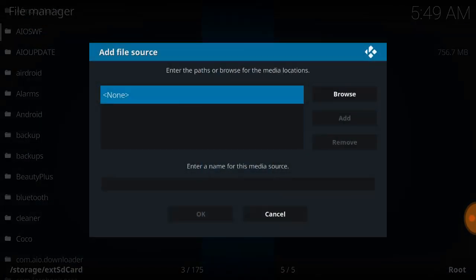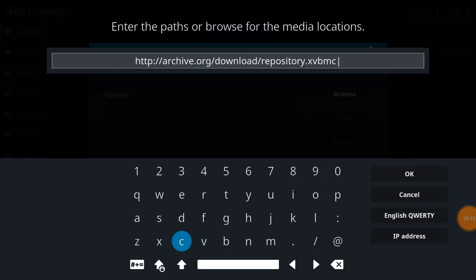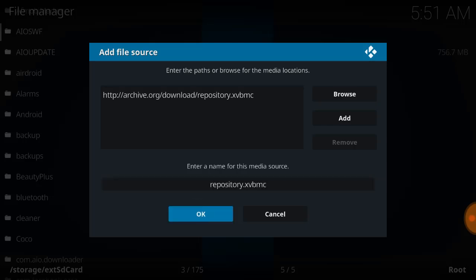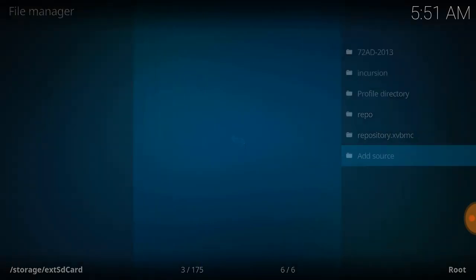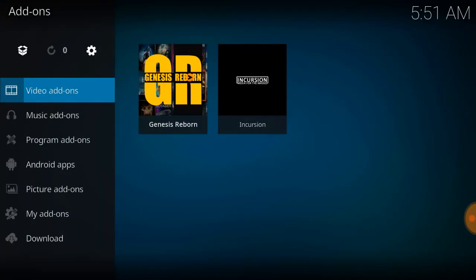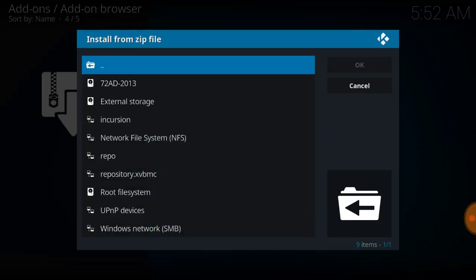Okay, so from here you make sure you type this address as you see it on the screen. Alright, make sure you type this same URL on your address. Then you click on OK. From here you can give it a name, but I'm going to leave it as it is. Then you click on OK. Okay, now you go back again. Okay, once you are here, you then click on add-ons. Then you click on this icon, then install from zip file, locate